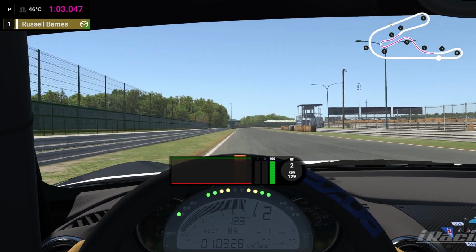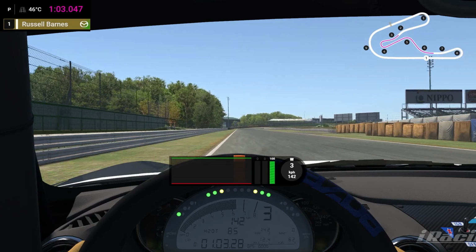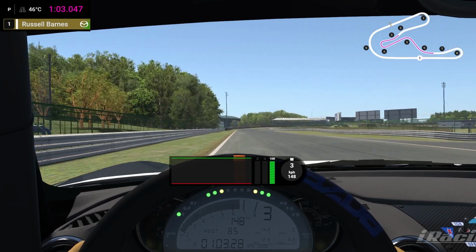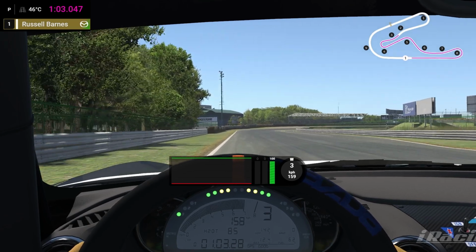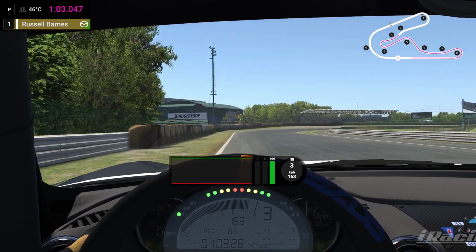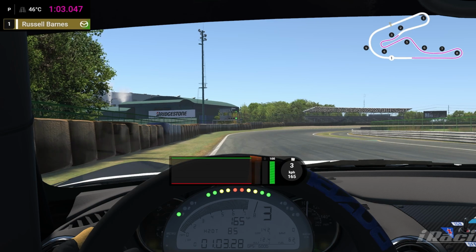So here we come to the final corner, the toughest corner on the track for my money, because you have to be super feathery with the wheel and the brake here if you don't want to do donuts. So we're coming just to the start of the pit entry here on the right hand side. Just before it, we're going to come out the throttle. We're going to very gently use the brake and the wheel,